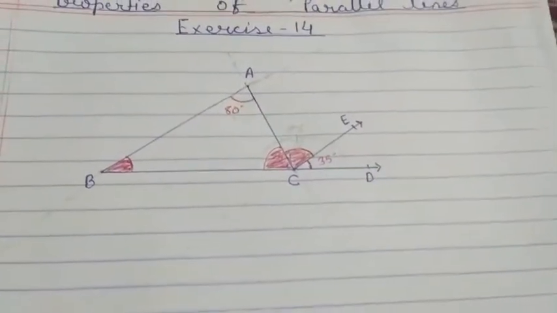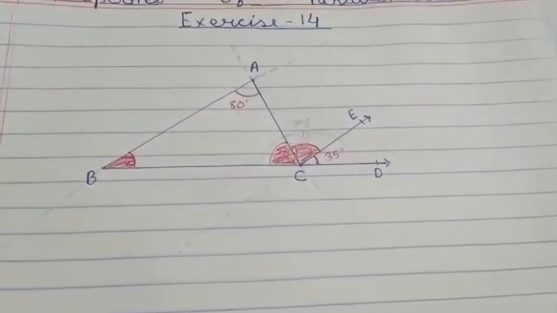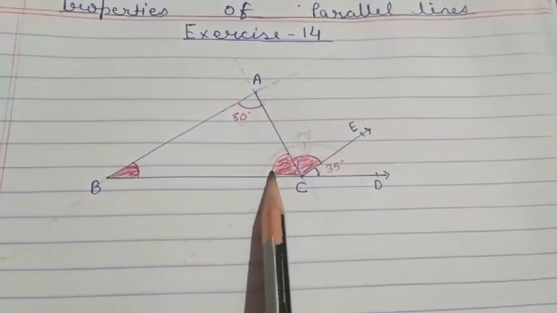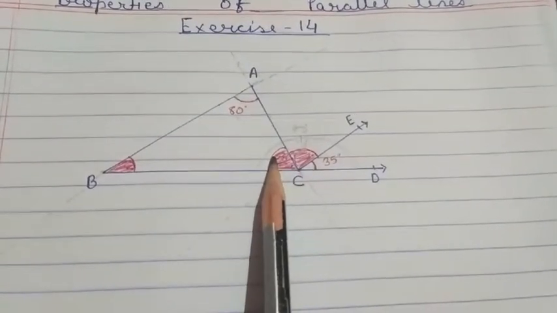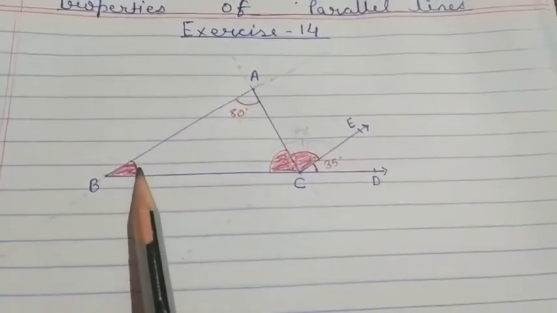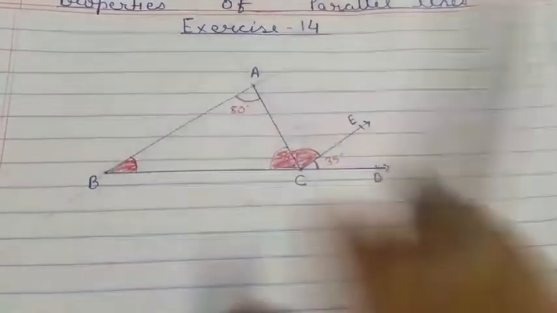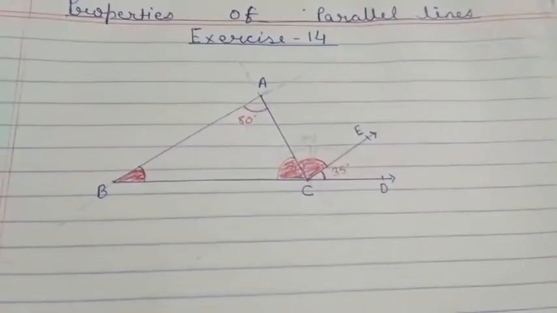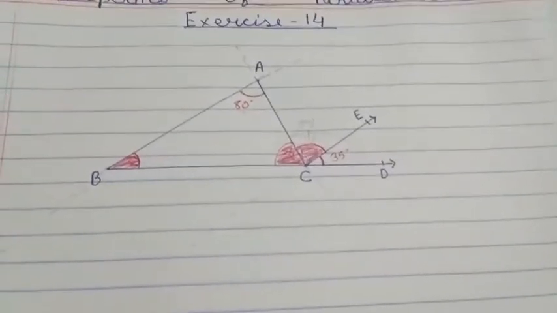So you have to find three angles, and you apply three properties here. The first property is alternate interior angles. The second property is the sum of angles on a straight line, and the third is the sum of angles of a triangle is 180. By these three properties you can find the required angles. So you understand the figure first. Now what you have to write?